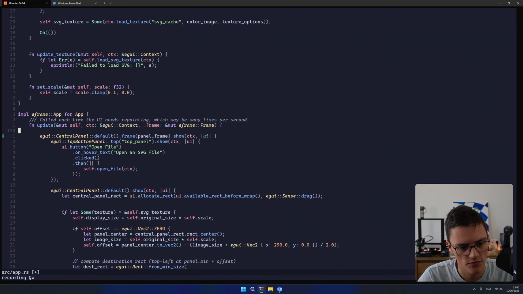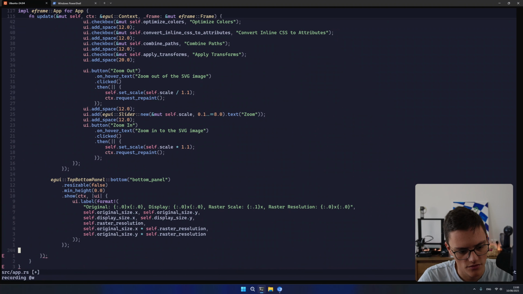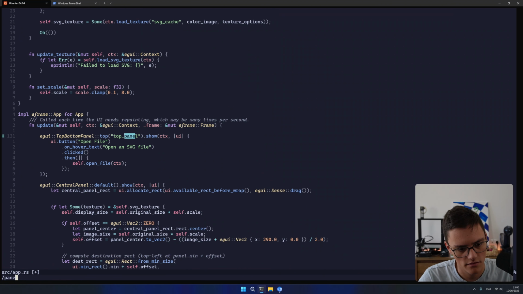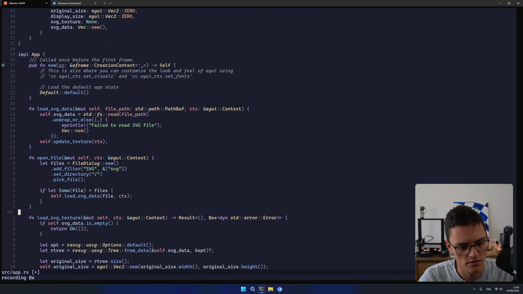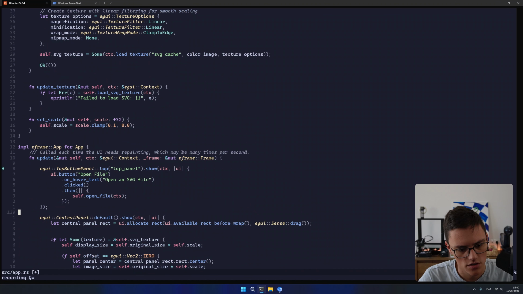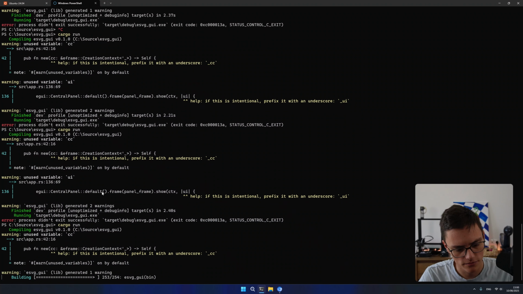So let's remove panel frame for now, and this central panel and the scope we just introduced right here. Re-indent everything, and I just need to find panel frame. Let me go back to the UI. This is holding the texture. Yeah, okay. This is what we care about. Now